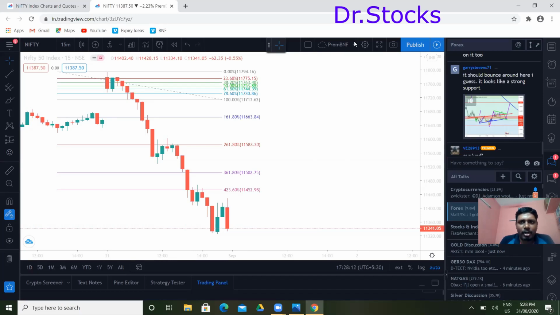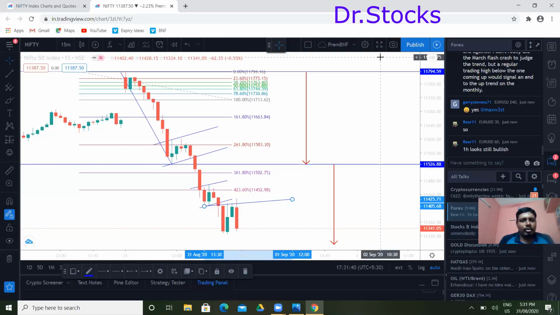As of now, let me draw the flagpole pattern here. I have taken the same Fibonacci with the 50 minutes time frame. I have not done anything else, the same thing which I used, 9:30 to 10:45, the same limit. Nothing else. I've extended it, the extension is in place. Let me draw the inverted flagpole pattern here. Now I've drawn the inverted flagpole pattern.